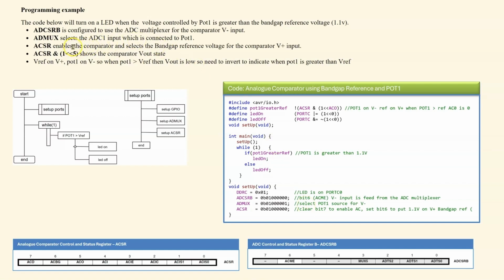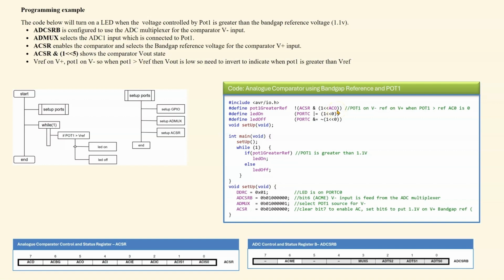We have the ACSR shown here. 0 enables the comparator, and 1 selects the V plus input to the band gap reference voltage. And then finally, when we look at the port 1 greater than V reference, we are looking at the